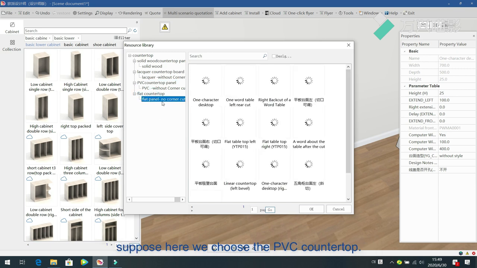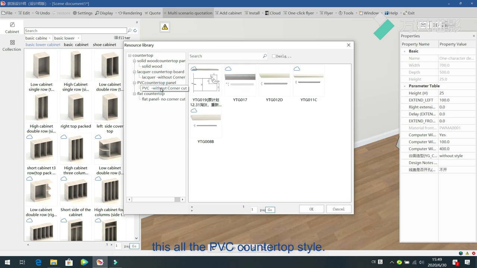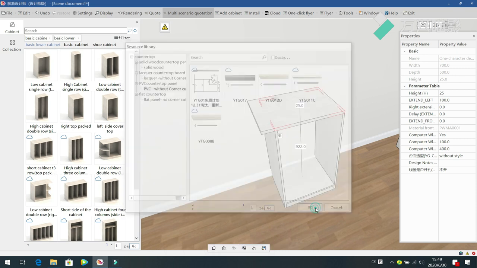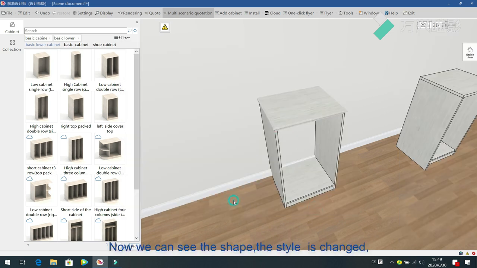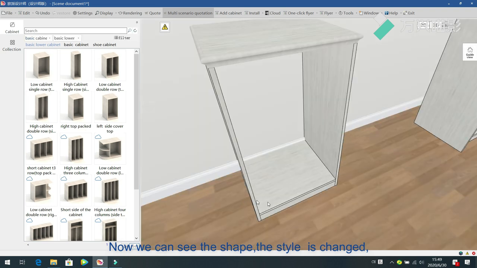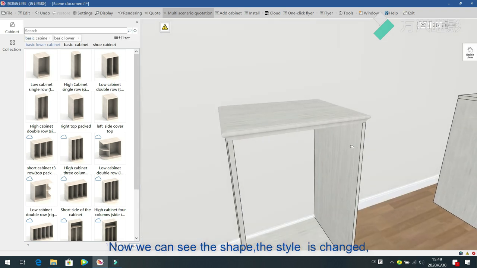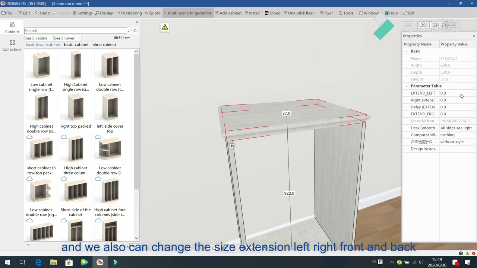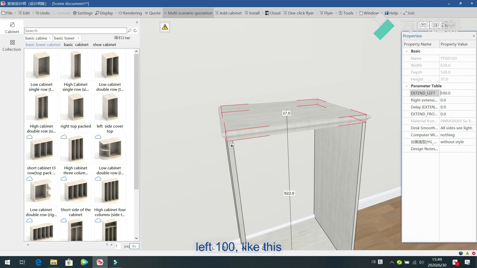Suppose here we choose the PVC countertop. This is all the PVC countertop style. We choose this one. Then okay. Now we can see the style is changed, right? It's changed, and we also can change the size, extension, left, right, front, and back. Left 100 like this. Okay, and here is for the computer wire cover, and this is for the countertop